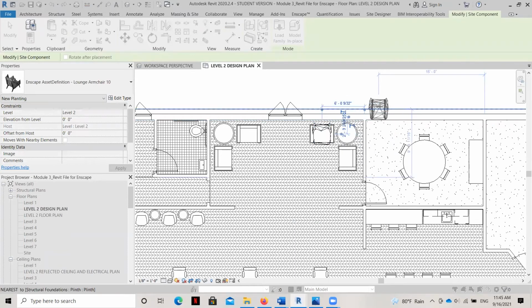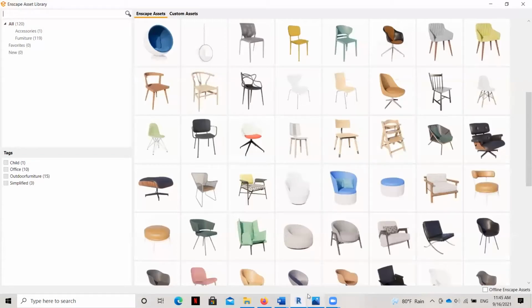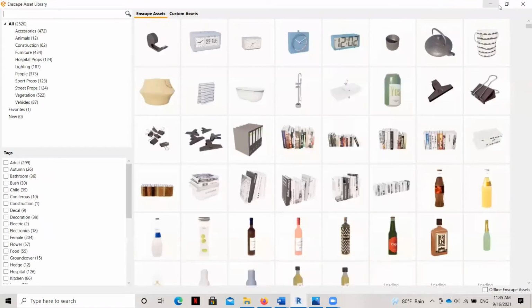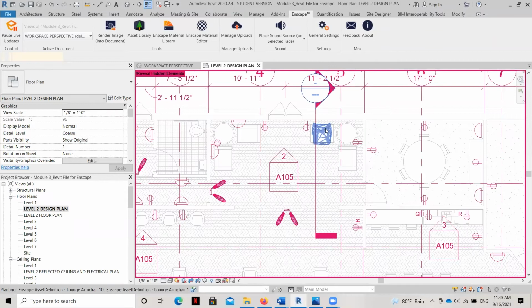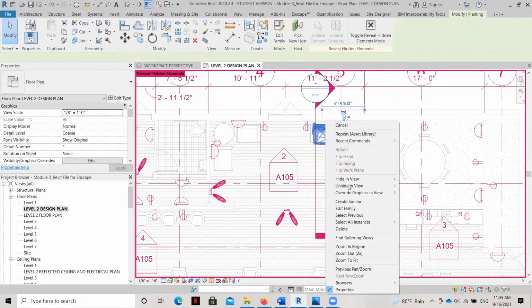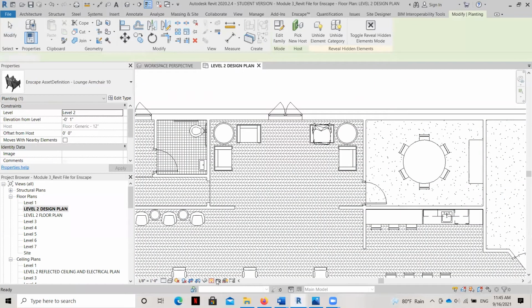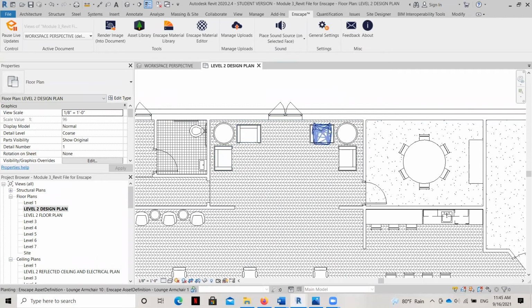Now, if you don't see it right away, you might get a little flag or a little message here that says that it's not visible. If for whatever reason you can't see this on the drawing, what you need to do is, we're going to go back here. Sometimes it doesn't come up right away, so I have to minimize it. You might have to hit your hidden elements, and then all you would do is right click and unhide, and you can unhide the category, and that way it will show up. The first time when I was practicing it, I had my visibility turned off for my furniture, and so I wasn't able to see it.